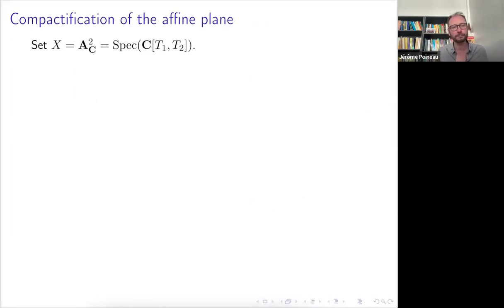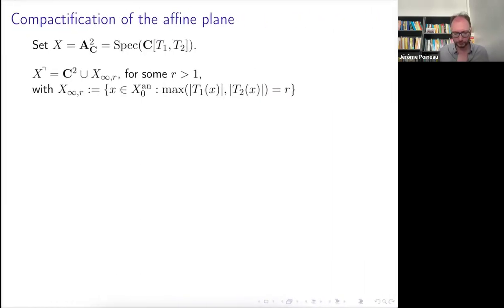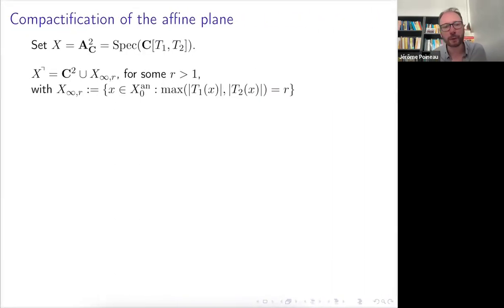I'm not sure. So I'm running a bit out of time. I should maybe choose what I'm going to say or not. But basically I already did everything we wanted. So you start with the affine plane, and then when you mod out, we describe this x infinity like this boundary with the max of the absolute value of the coordinates being bigger than 1.